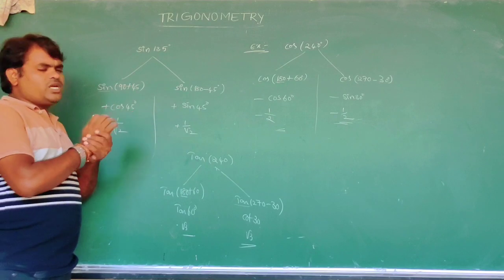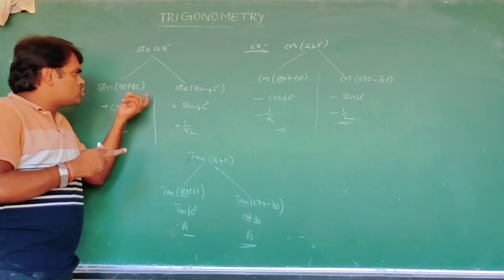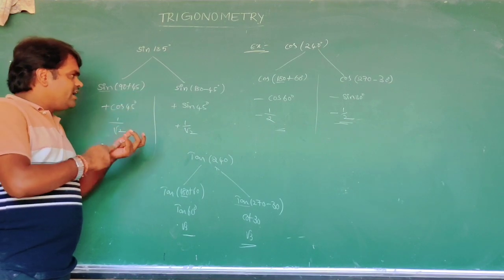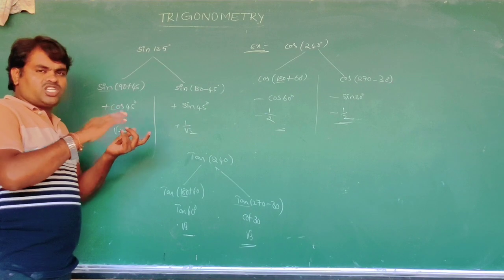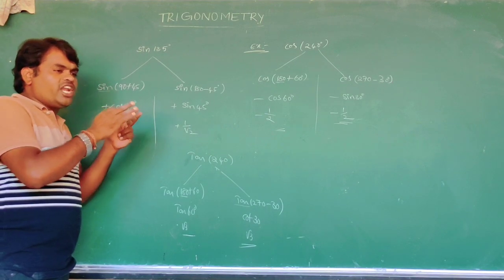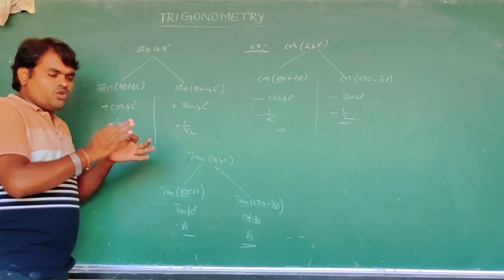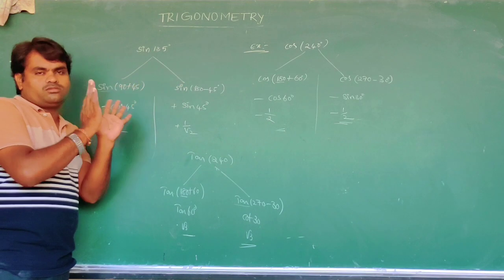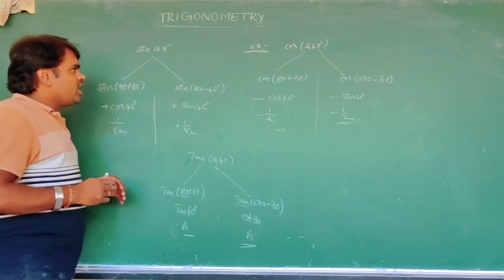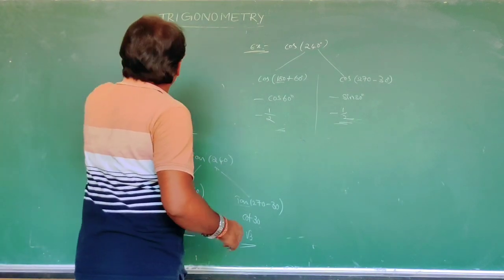Now only this simple technique you keep. Remember it. First, what is the coordinate and what is the quadrant? Which quadrant does the angle belong to? Second, whether 90 or 270 is there, the function can be changed. Third, in which quadrant which one is positive and which one is negative: All Silver Tea Cups basically. Fourth, the value in the table. If we write that, we are getting a perfect result. Okay, now we are going to another one.